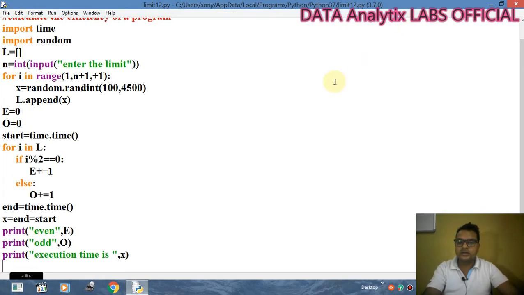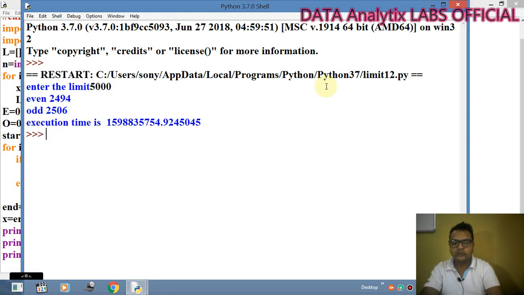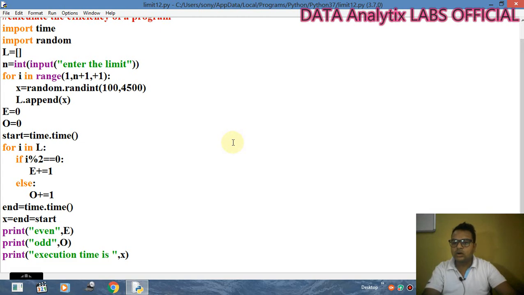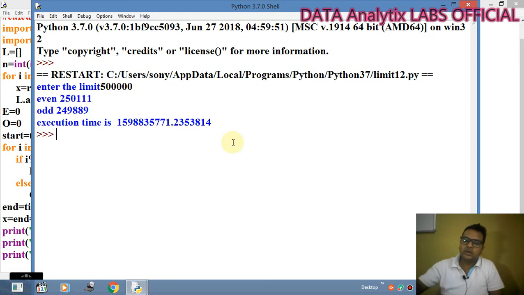So अगर exponentially मैं limit को increase करता हूँ and I'm passing 5000, so obviously the time will increase more. तो ये चलता रहेगा. और if I'm passing 50,000, now it is computing also, and it is taking some time, so approximate time it has taken this way. So this is the possible way, students, how we are going to check all these conditions. Clear? So this is all about finding the execution time if we have this list kind of element.